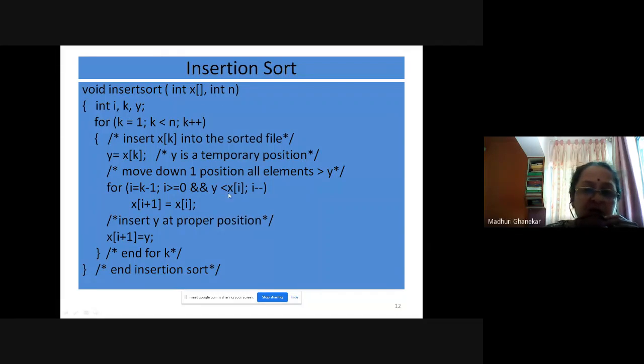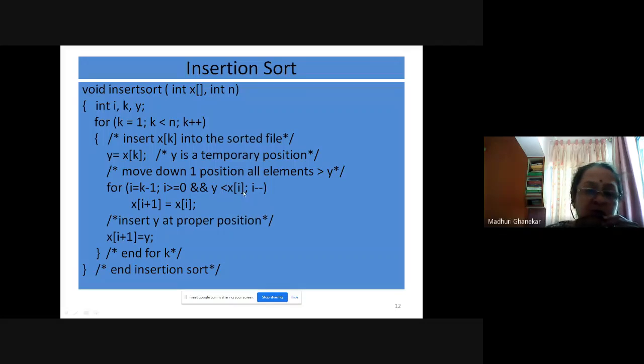There are two conditions we are using: I greater than or equal to 0, as long as you are in the same array, not reaching the 0th position, and as long as you are not getting any element smaller than the current temporary position element.